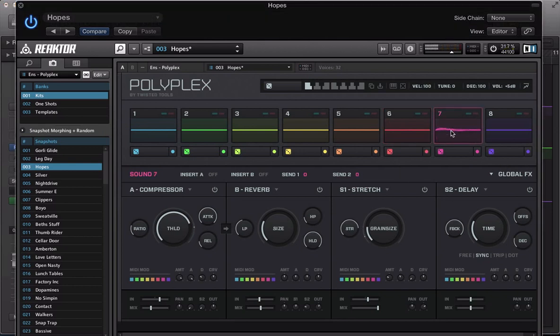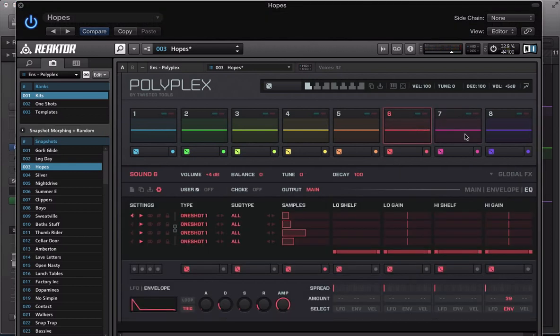So let's look at this next pad here. Let's put something else kind of tonal in here. So again, I've reset this sound and I've taken all the effects off. So we're just going to solo up this first sampler here. And the really cool thing is you've got some really cool one-shots in Polyplex, and you've actually got two one-shot sections. So we've got one-shot 1, and then when you have one-shot 1 selected,